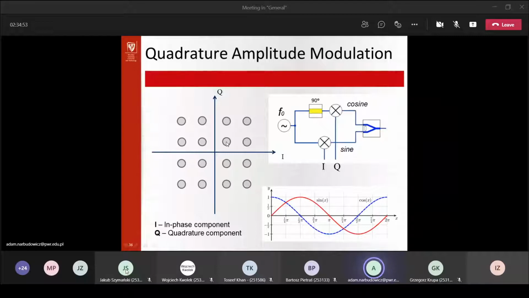So that's the way of visualization. And as you hopefully all know, apart from the real and imaginary representation, you can also represent your complex number in terms of amplitude and in terms of phase, right? And this is exactly something that you will see here. So when we speak about the amplitude,